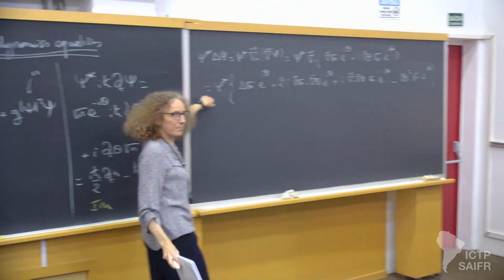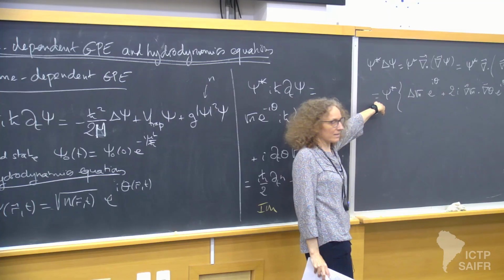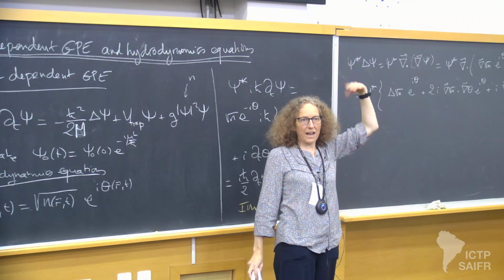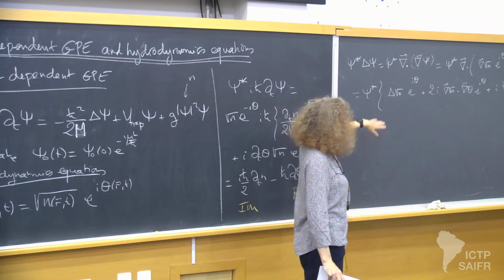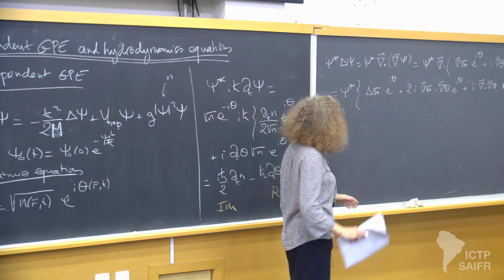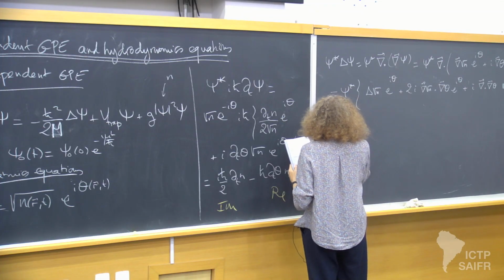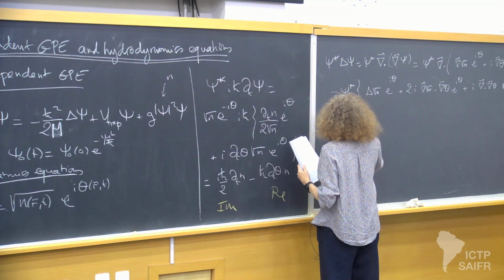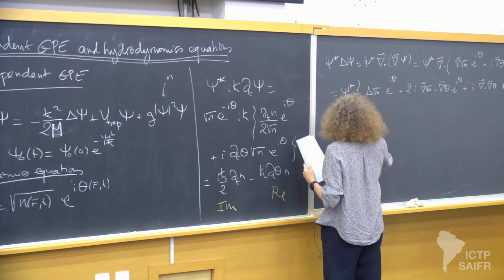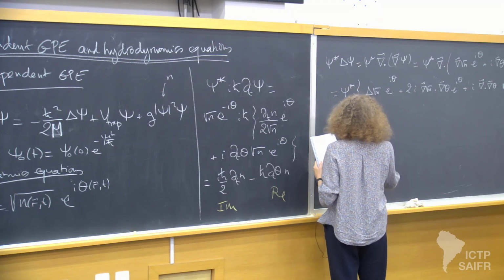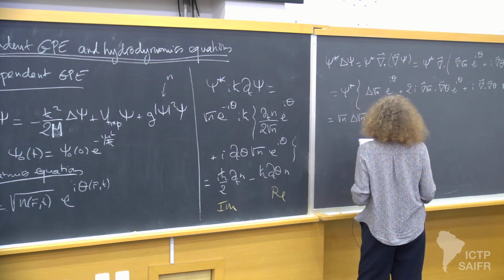OK, now I multiply by psi star. So all the e to the I thetas go away. And I have some square root of n to get together with that. So this is square root of n, Laplacian of square root of n, plus,